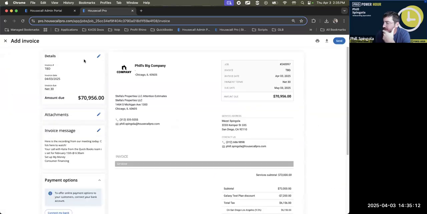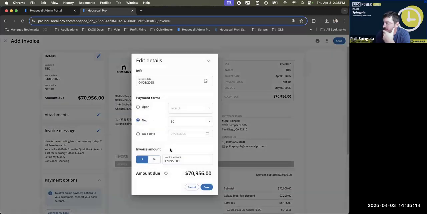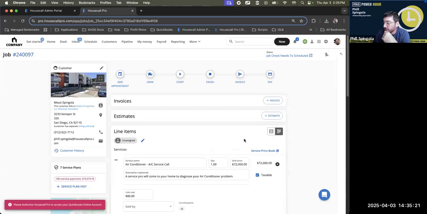When we hit invoice and we go to details, there we go. That's what I just wanted to double check. I think it was because that last job was a recurring job, so that's why I created a new one here. Here's your $72,000 project, and you said you got 10 grand from it.